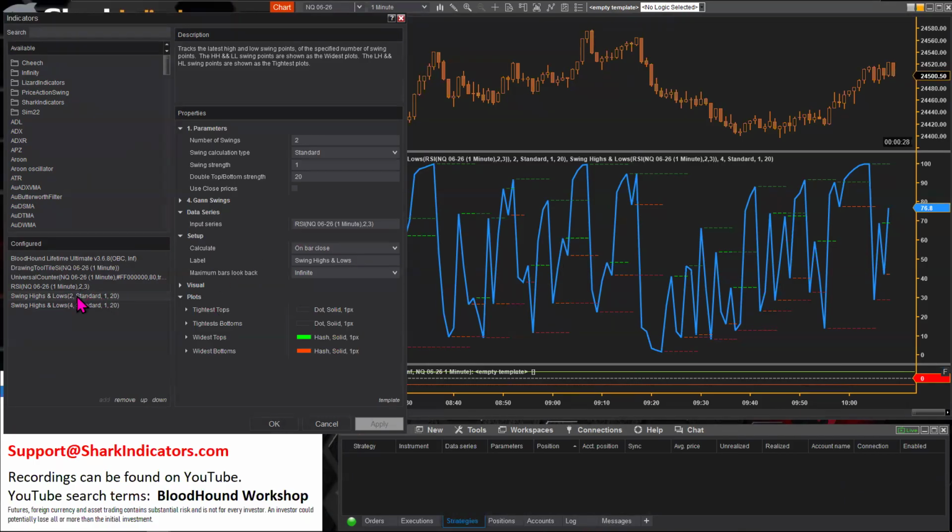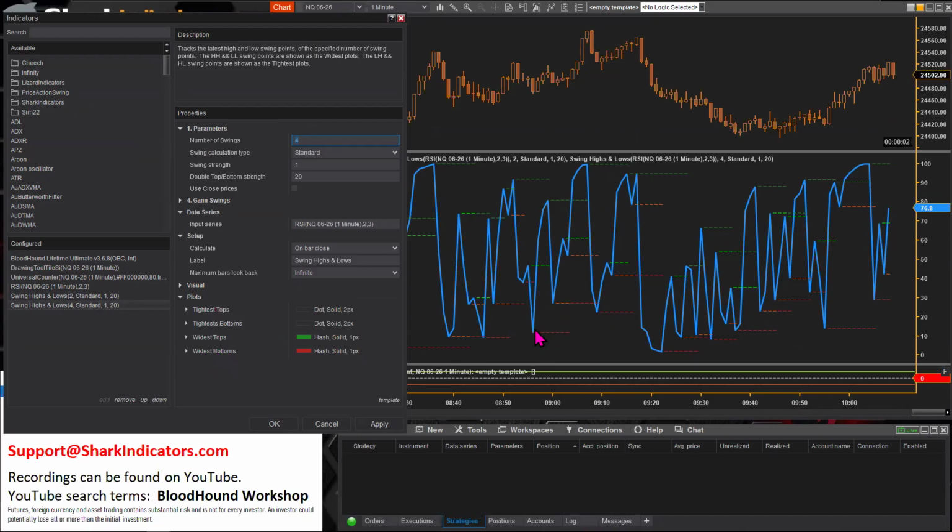As far as the settings, you'll notice the first one I have set to number of swings 2, and the second one I have set to number of swings 4. So as far as the widest bottoms, or the swing lows, that's going to track the lowest low of the last 2 lows.